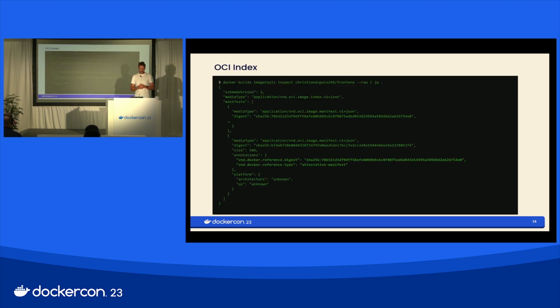What happens if you do that? Well, a couple of things. So this is an example, and I'm using the buildx imagetools inspect command to look at the image manifest. So this is a lot of JSON here, but the thing that I want you to take away is